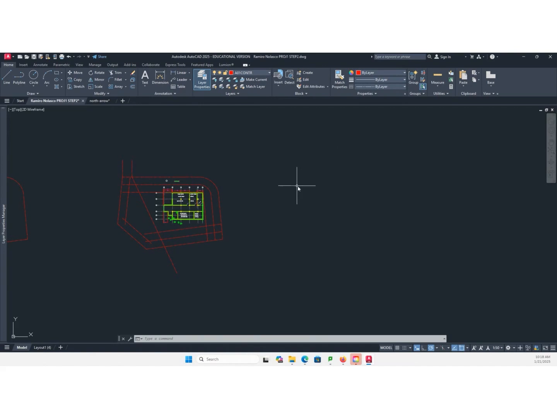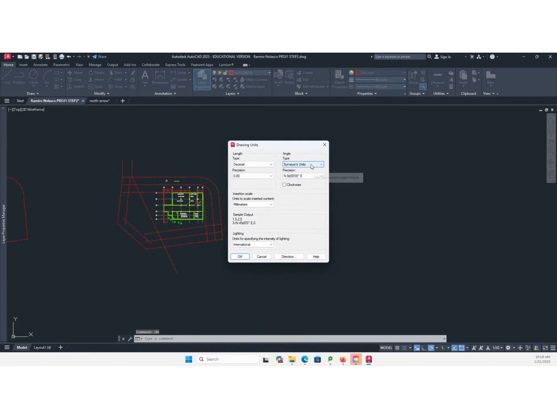Okay, units, UN. Make sure you're using the surveyor's unit. Precision, make sure you're using the one that shows seconds. And click OK.